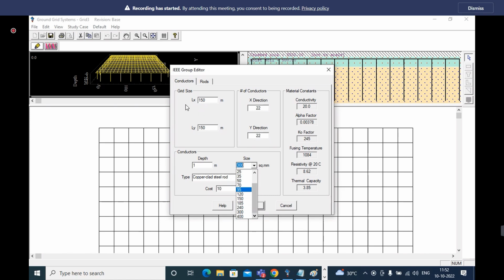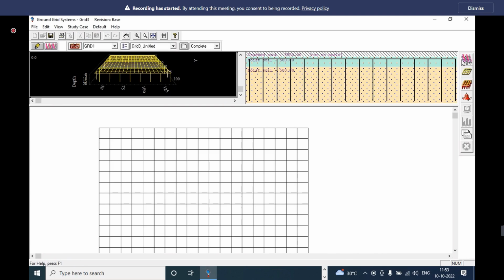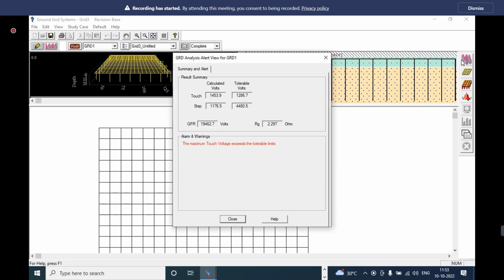Okay. Can you see here? Now we didn't get the error. That limit error. Okay, guys.